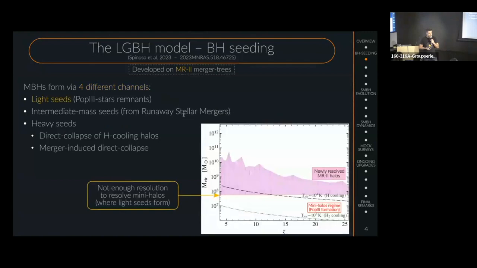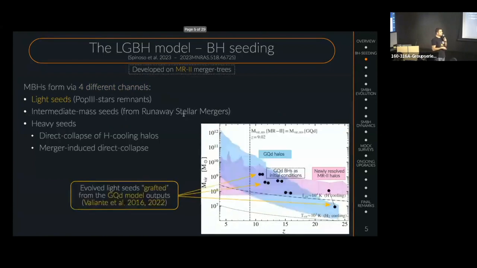One issue we face is that the Millennium 2 simulation doesn't have enough resolution to model self-consistently the formation and evolution of Pop III stars, so light seeds, when the Pop III stars end their life. So what we did is to resort to the output of the GAMETE/QSOdust model presented in Valiante 2016 to inherit the evolved counterparts of light seeds and graft them into our Millennium 2 halos as initial conditions for the black holes. On the other hand,